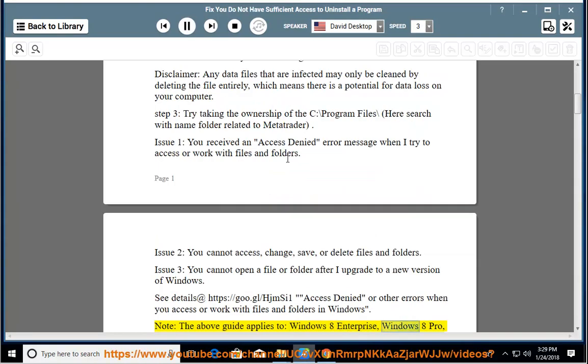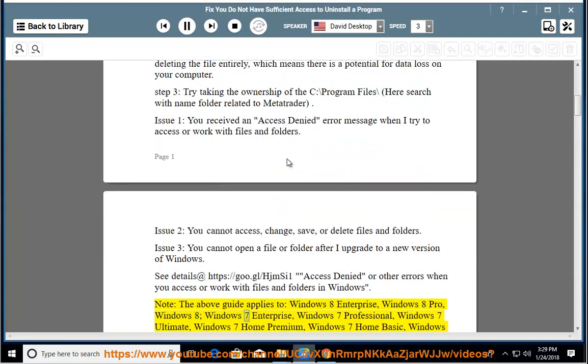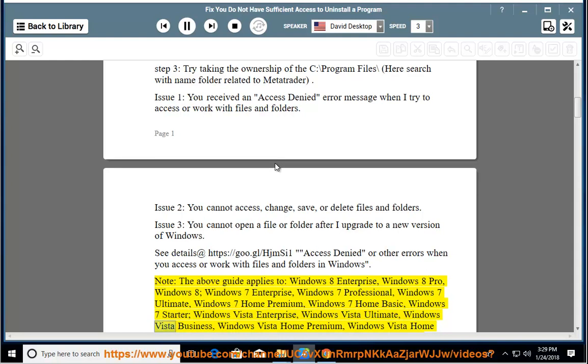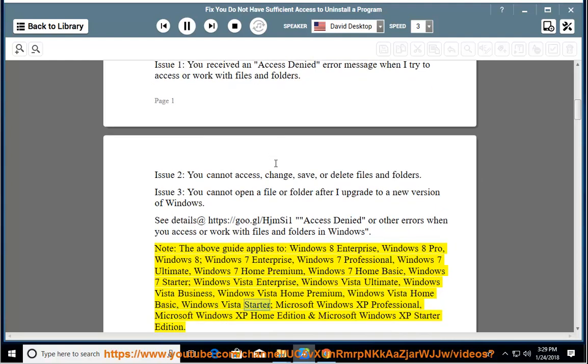Windows 8 Enterprise, Windows 8 Pro, Windows 8, Windows 7 Enterprise, Windows 7 Professional, Windows 7 Ultimate, Windows 7 Home Premium, Windows 7 Home Basic, Windows 7 Starter, Windows Vista Enterprise, Windows Vista Ultimate, Windows Vista Business, Windows Vista Home Premium, Windows Vista Home Basic, Windows Vista Starter, Microsoft Windows XP Professional, Microsoft Windows XP Home Edition and Microsoft Windows